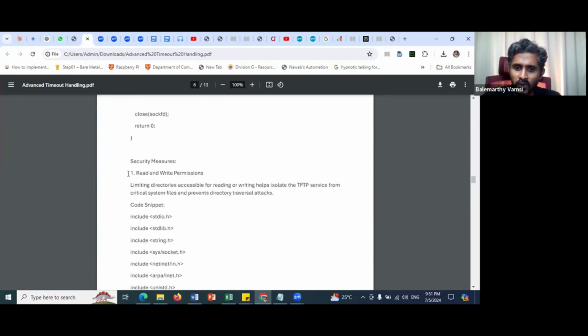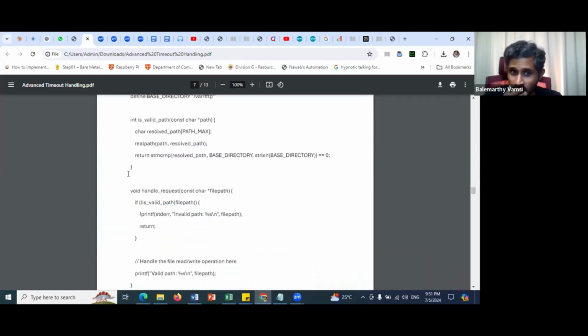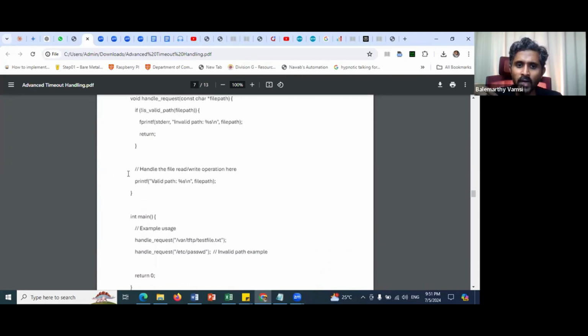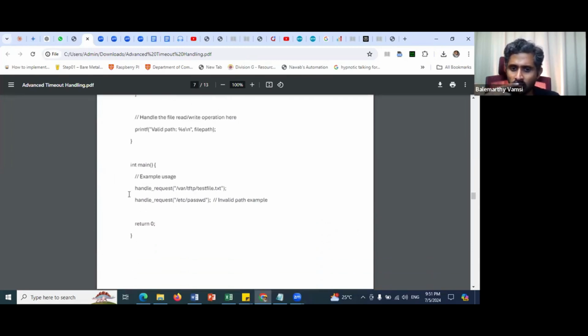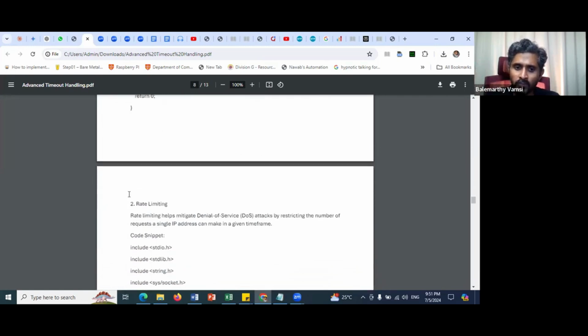The read-write permission for the file or the location that you have created, and checking whether the path that was given to you is correct or not. Then you are handling the read-write operation. This is only with respect to the path, not much more. Now rate limit is,